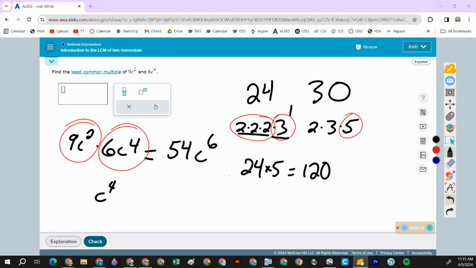Do you guys understand how that works? For each factor, you select the largest set. And if the sets are the same on both sides, you just pick one or the other. So over here, the least common multiple